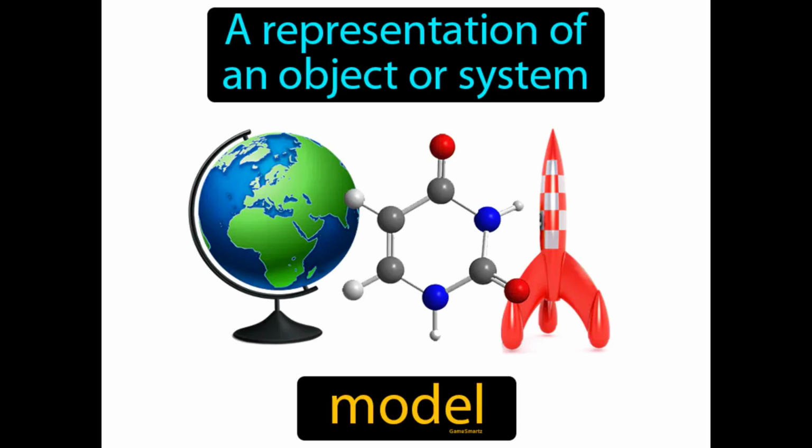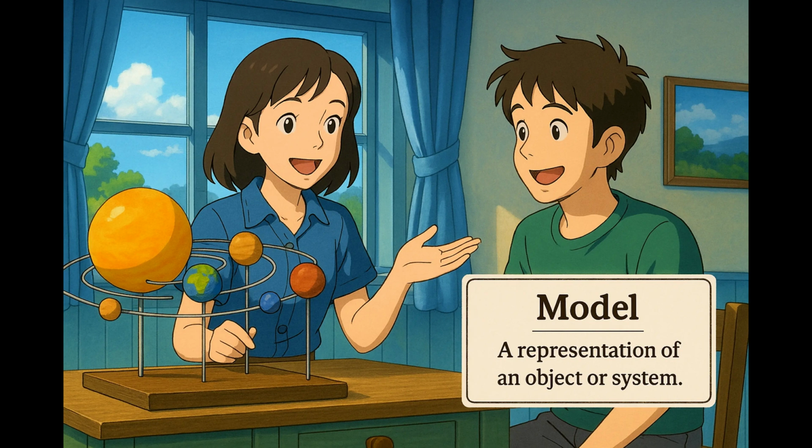A representation of an object or system. Model. In science, a model is a simplified way to understand and explain complex phenomena. Imagine you're trying to describe your favorite movie to a friend who hasn't seen it yet. Just like summarizing a movie highlights key scenes and characters to give your friend an understanding without watching the entire